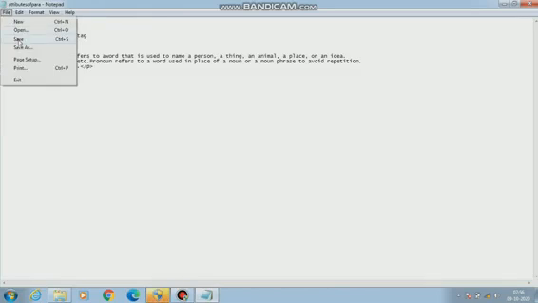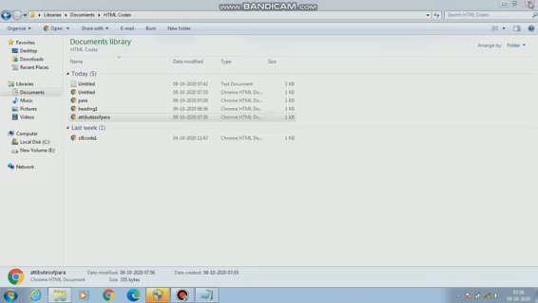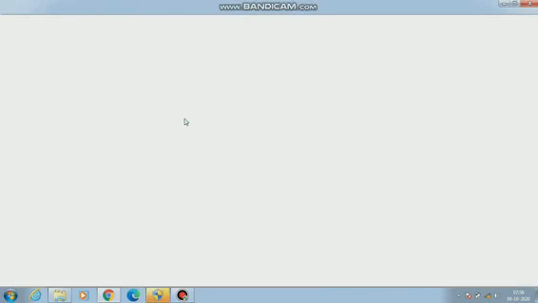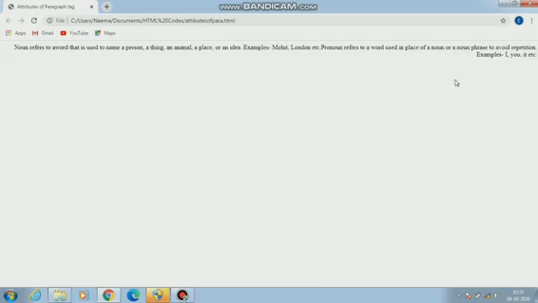Now see the output. Now see my page. This is aligned to the right. Positioning: the line gappings are equal from the right side, not from the left side. See, this is the clear difference. From the left side, the first line's gapping is that much, but the second line's gapping is much more. But their right sides are at equal distances from the page. Okay, so this is the right alignment.